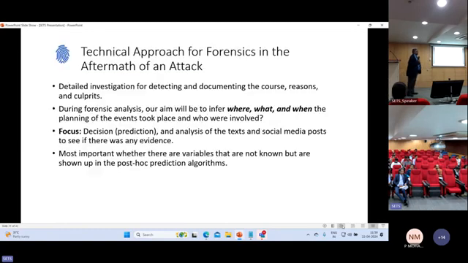So the technical approach for the forensic aftermath of the attack. You want to find detailed documentation of the causes, reasons, and culprits. Then during the forensic analysis, we will find out what happened, where, what, and when. Then the focus here is going to be a decision or a prediction from the analysis of all the text and social media to see if there is any evidence available. The most important thing is there are variables that are not known, but they can show up in the